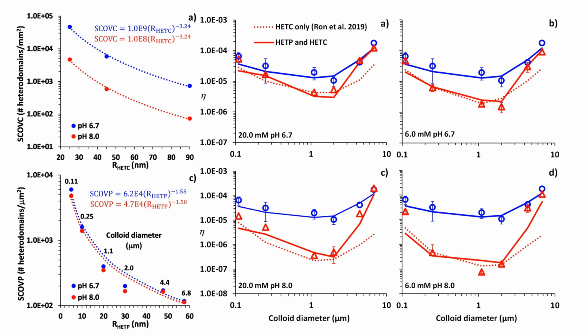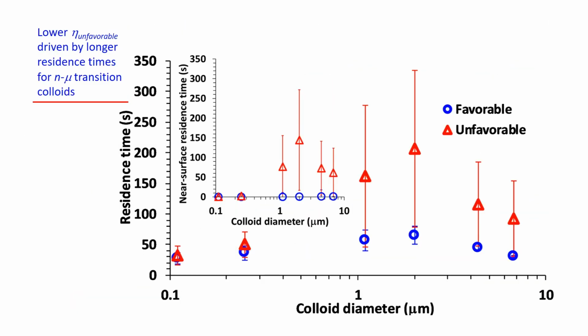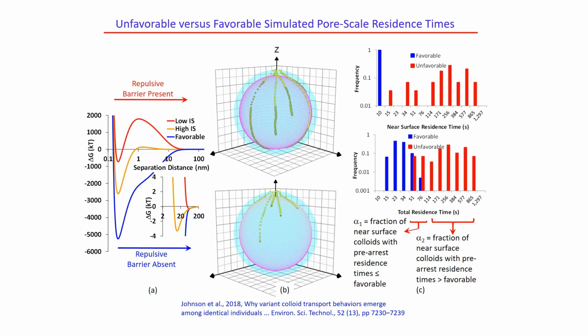That is, there's an order of magnitude more of the smaller heterodomains than the larger heterodomains, because this represents a natural clustering, random placement process. And the resonance times for the nano to micro transition colloids are higher because they have lower settling, diffusion, and fluid drag, and so they take longer to get to the surfaces as well as to find heterodomains on which to attach. So we can take that resonance time information and scale it up to understand what's happening at the